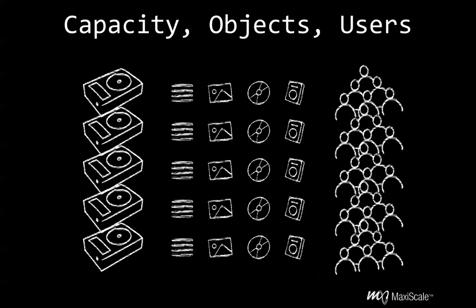What's really happening down below the surface is that not only are we increasing the capacity, but we're also increasing, again, the number of objects and the number of users. Today, everybody is both a content consumer and a creator, and this proliferation of file objects and users, both creating and consuming, is driving an incredible change in the underlying needs for the infrastructure to support these kinds of applications.